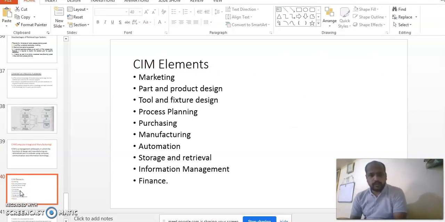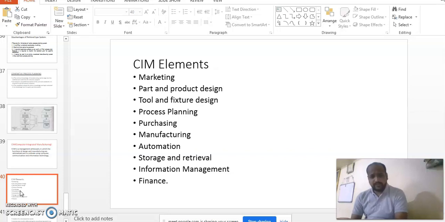First one, we will discuss marketing, then part and product design, then tool and fixture design, then process planning, purchasing, manufacturing, automation, storage and retrieval system, information management system, and finance. So these are the key points of computer integrated manufacturing system.